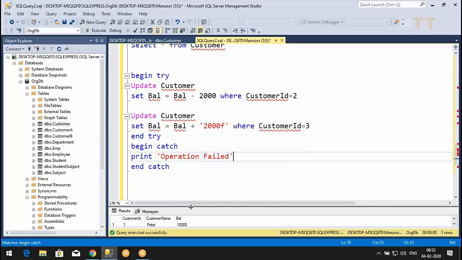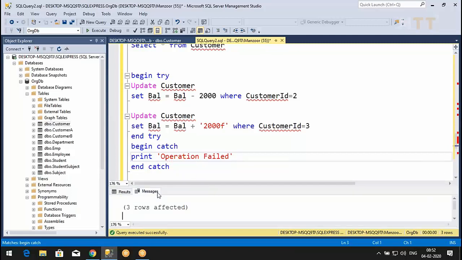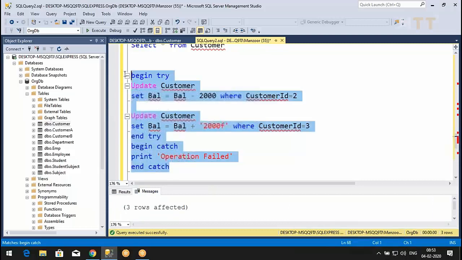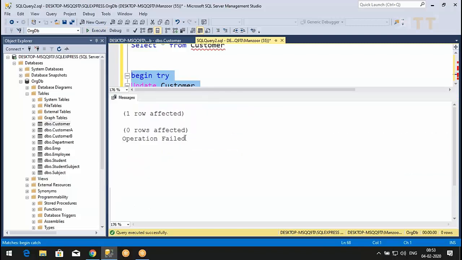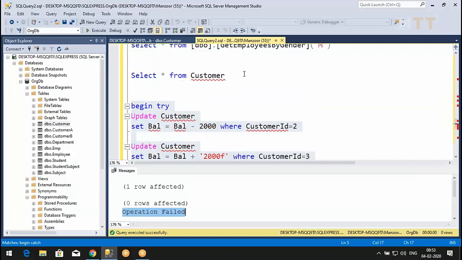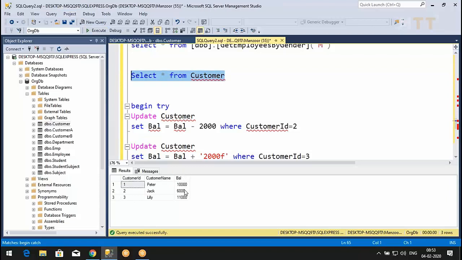Now let me execute and see what happens. Earlier it was giving an error message, if you remember. But now let us see what it will say. One row affected, second row failed, and it says operation failed. There are no errors now. We handled the exception at runtime. Okay, there is no error, but let us see the database. Again 2000 deducted.